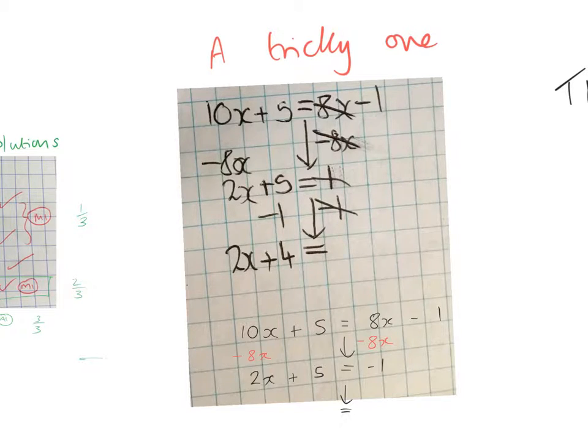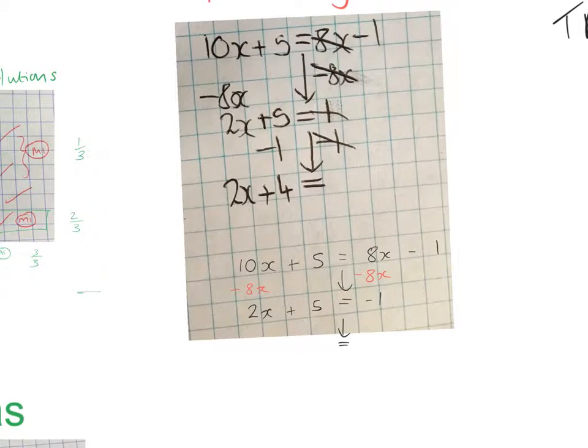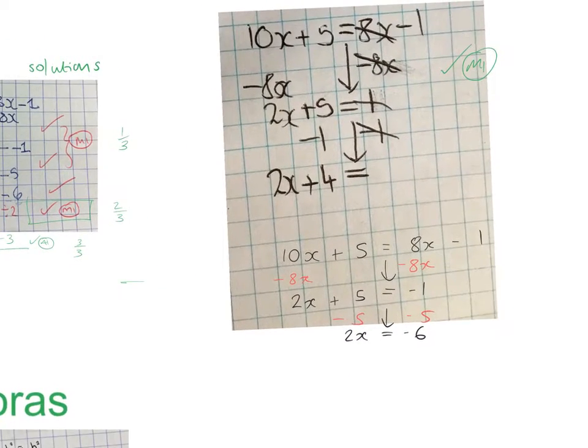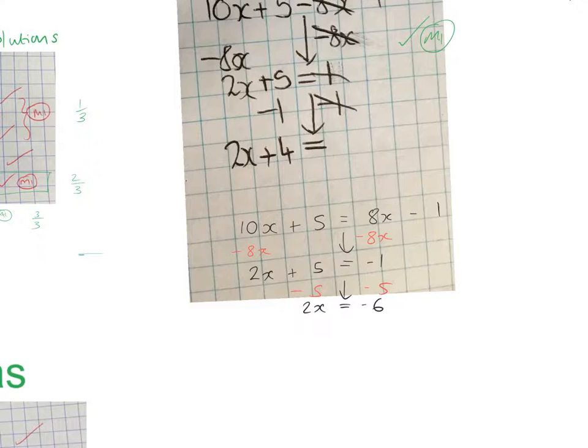I'm then going to put another arrow down and an equals, and I'm going to get rid of anything that's not physically attached to the x, and that is the plus 5, so I'm going to take away 5. And that's where this person has gone wrong from here. The first line is actually correct, and the first line is actually worth a method mark, okay? But here's where the next mark comes in. We then get 2x on this side, and then minus 1 minus 5 is the minus 6, okay? So it's the same one as the one that we just looked at over there. I just wanted to show you how you get the steps. And then we divide by 2 on each side, and we get the answer x equals minus 3,